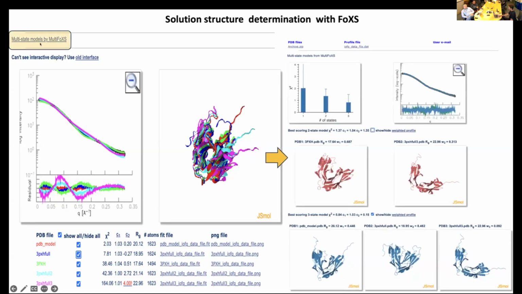There is a big button that is small, unfortunately, and I asked the web developer to make this button as big as possible. It's called MultiFoXS. When you click on MultiFoXS, you can calculate a so-called multi-state model, especially for this structure where we're expecting these two AGG-like domains may have some vibration. And that was shown here in this MultiFoXS model, the mix of this same structure in this case, but